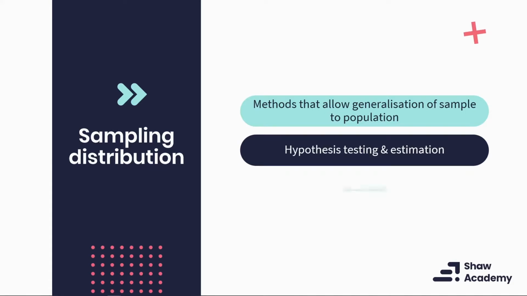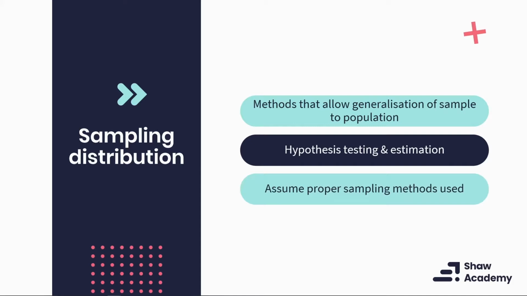We make the assumption that a sampling method like randomized sampling was used to gather the sample data. If proper sampling techniques were not used, the sample will be biased, and we will not be able to utilize tools like estimation with trustworthy results.